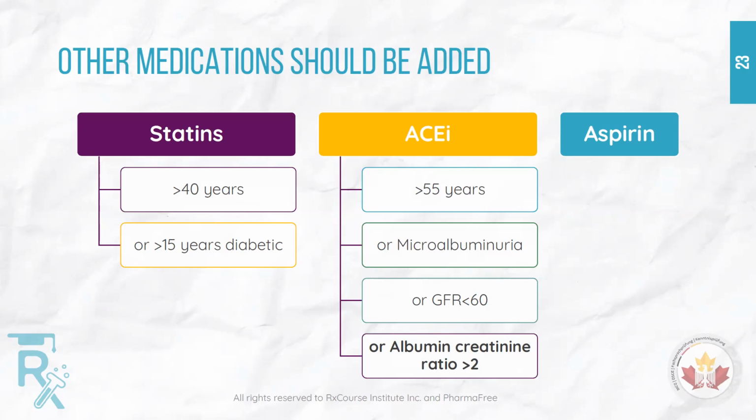Okay, now it's not only about the anti-diabetic medication. It's about something else we need to use for the diabetic patient, because the diabetic patient is at a high risk of developing other diseases like atherosclerosis. The patient is at a high risk of developing chronic kidney dysfunction. So other medication has to be added